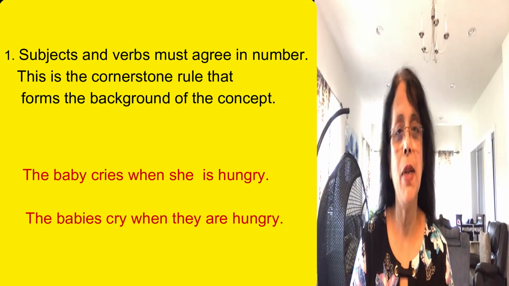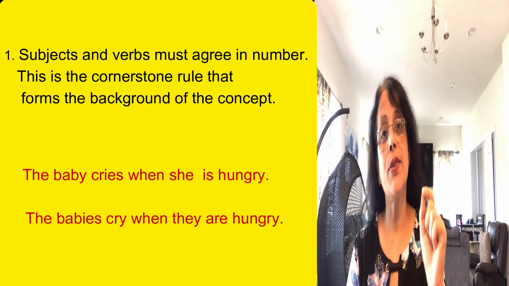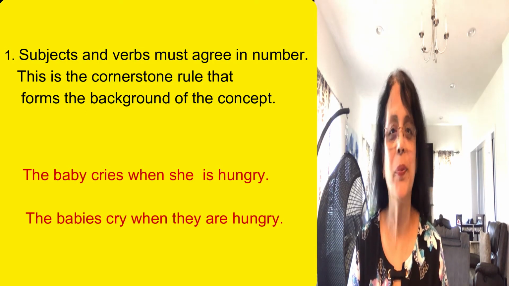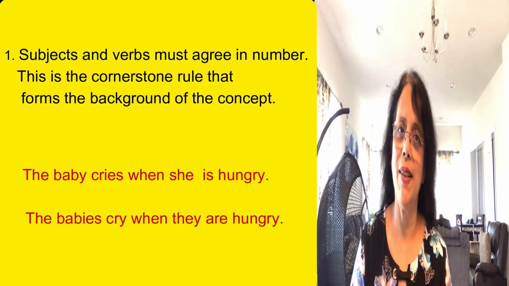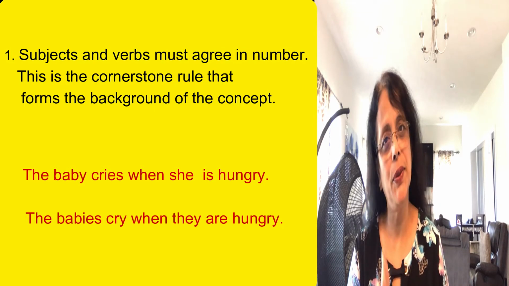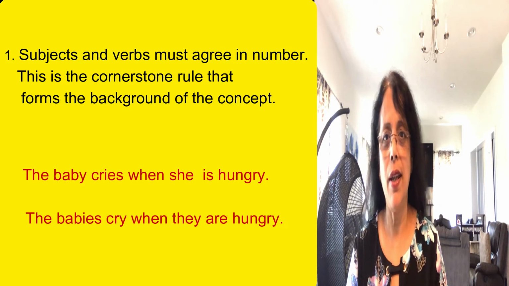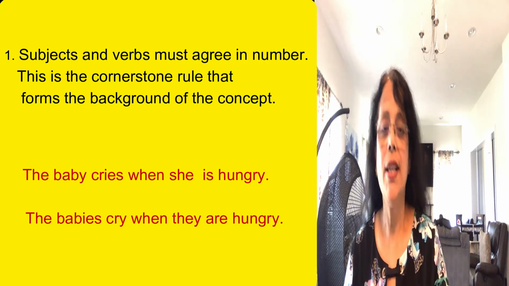Now, the first universal rule: subjects and verbs must agree in number. This is the cornerstone rule that forms the background of the concept. Okay? The baby cries when she's hungry. The baby is singular. The verb cries is singular. The babies cry when they are hungry. This is the first rule. Second rule: